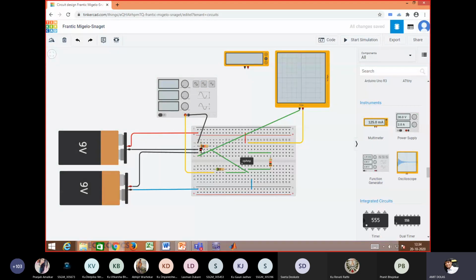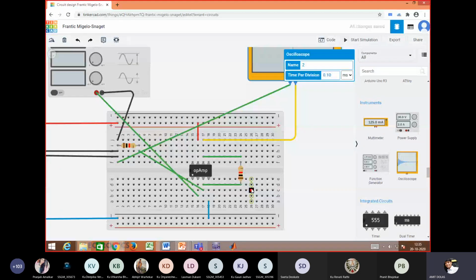Somewhere there's, okay, now I don't think so. The circuit diagram is correct.